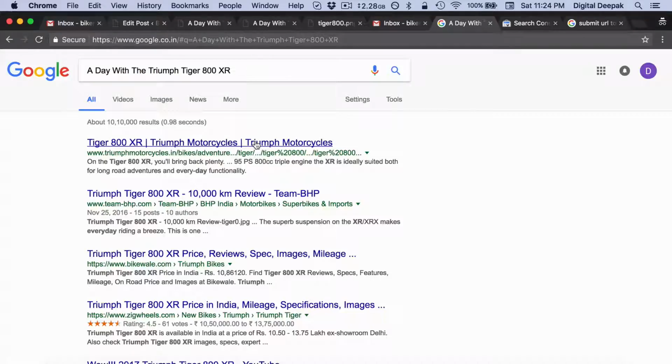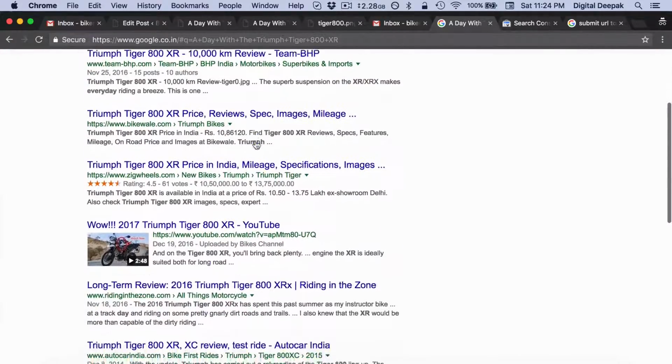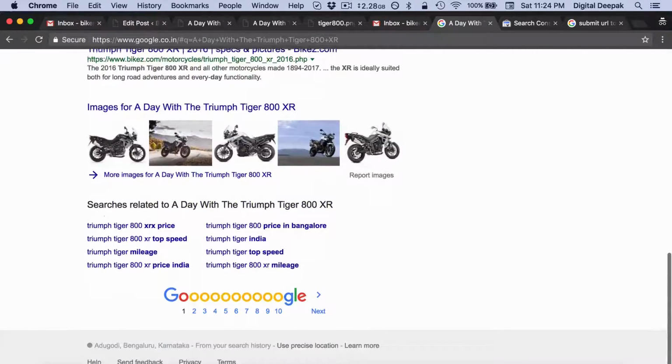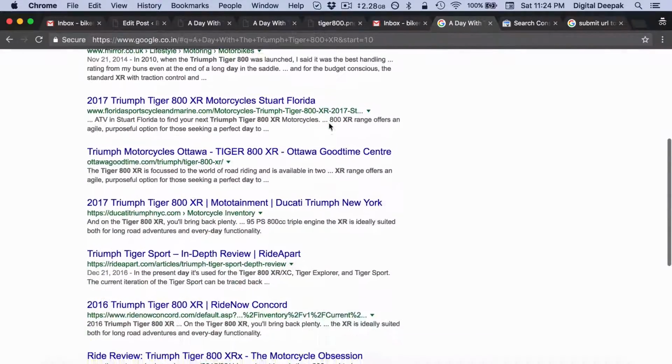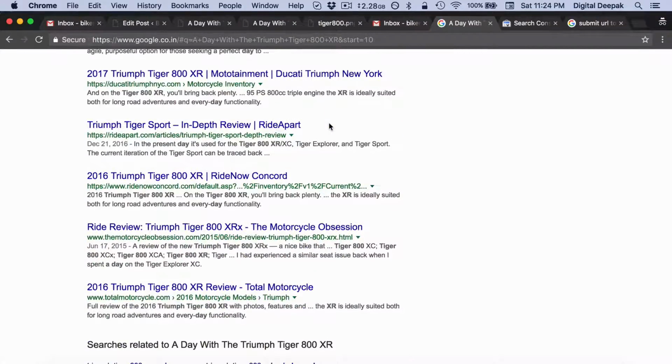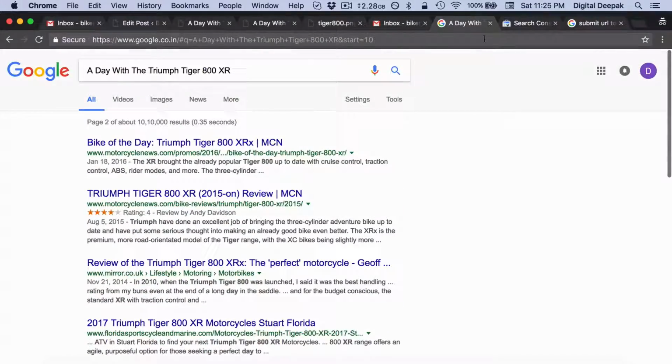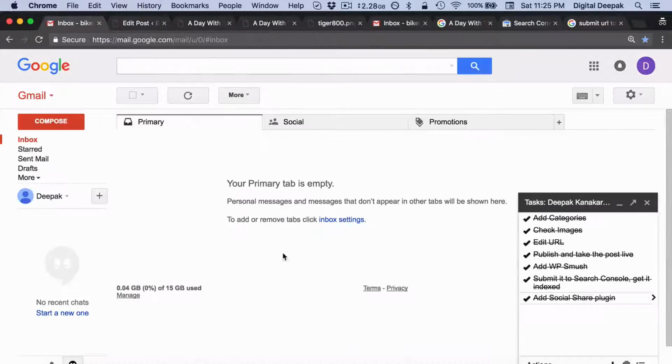It will show some other articles, because the site is very new and we are yet to build the domain authority. That is something that we will see as we go ahead through the course and as we build more backlinks for the site. Now that we have published our first blog post, we have shared it on social media, we installed a social sharing plugin, and now we have got our site indexed as well. So that's what we have done today.